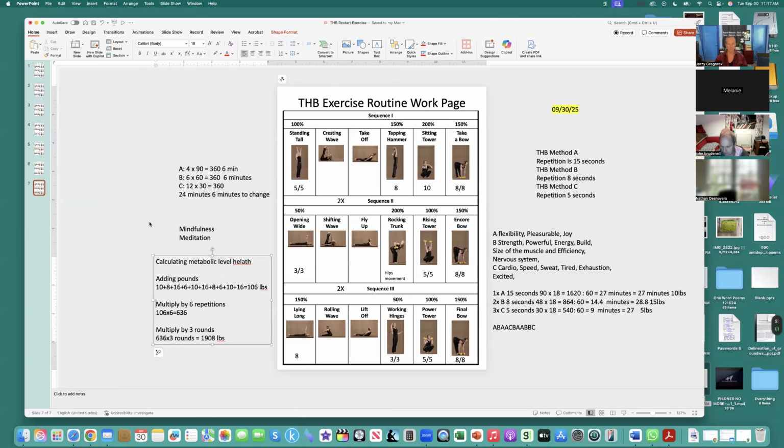So not only do we calculate and increase the weights in single exercises, but it contributes to the total load. And that is the